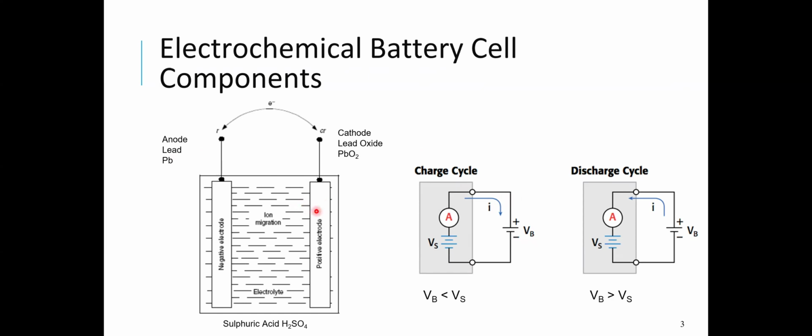In a typical battery, like we said, we have a positive and a negative terminal, or a positive and negative electrode. This is the positive and the negative electrode, which correspond to the positive and negative terminal of the equivalent circuit. The positive electrode is also called a cathode,